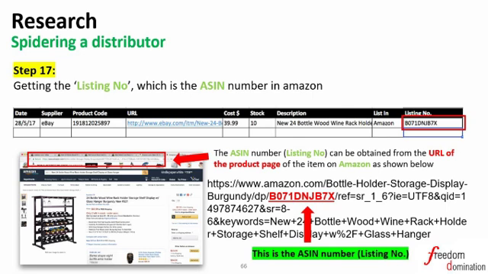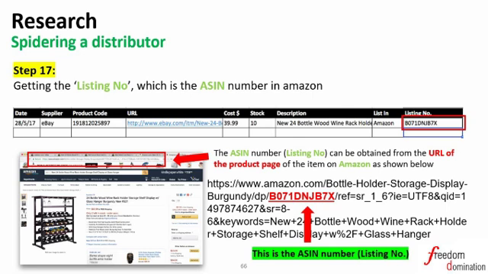Next, we shall copy the description of the Amazon title in the Excel list as well, which is new 24 bottle wood wine rack holder. And under listing, we list in Amazon, so we shall input that in the Excel as well.